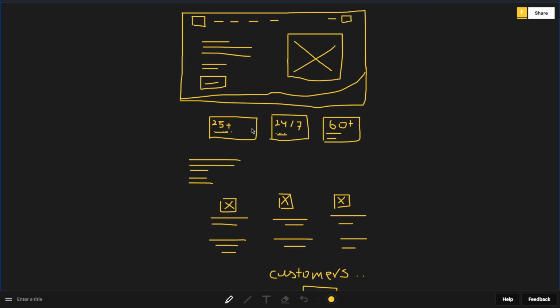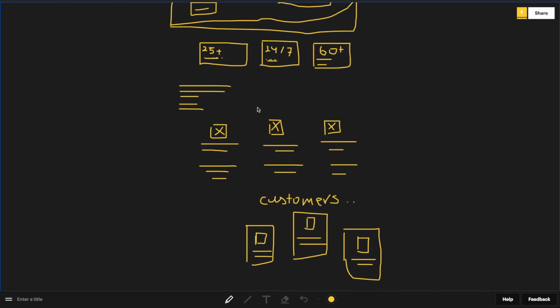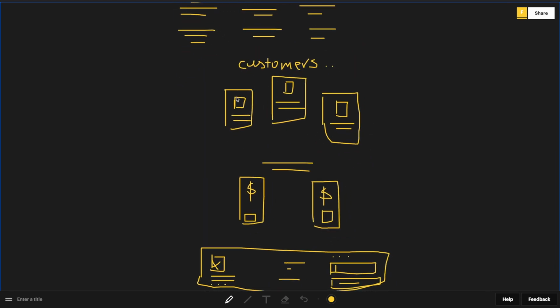And a three-div section which represents some numbers which reflect the strength of our product, and a simple heading and a subheading with three features that are comparatively the most useful features in our application, and maybe a customer section where we can have some irregular masonry grid and some images of our customers and some testimonials with the stars as well. And then